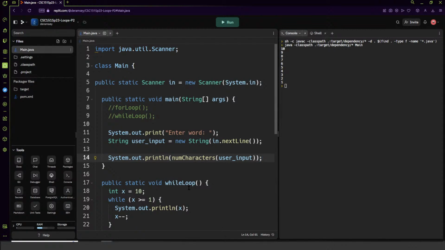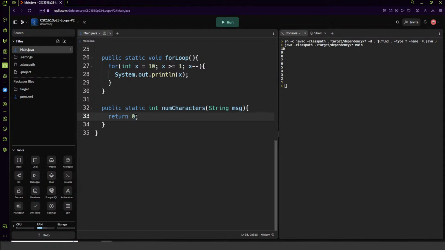So right now all we have in our numCharacters function is a stub. So if we added message.length as the value there, then it'll return the number of characters in whatever message has been input by the user. Remember, we're using this here as kind of a proof of concept. We can put this in a variable. We could print this out directly. We could do a lot of different things with this. We're not limited to using it in just this manner. So if we run this,